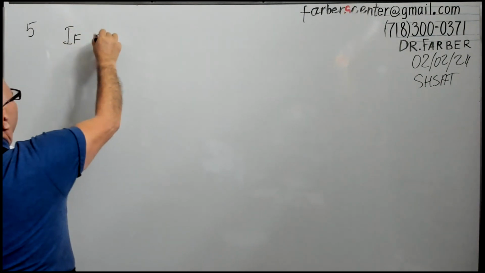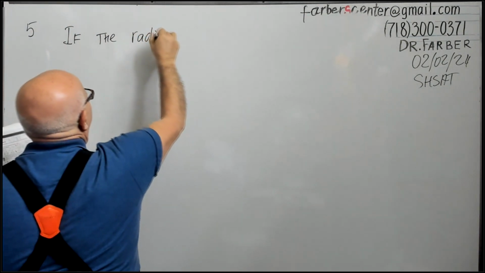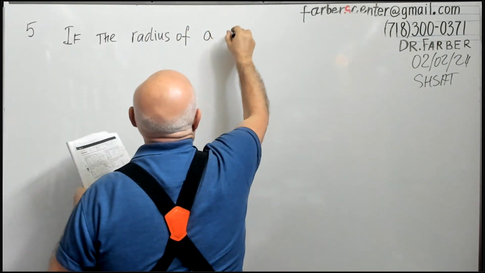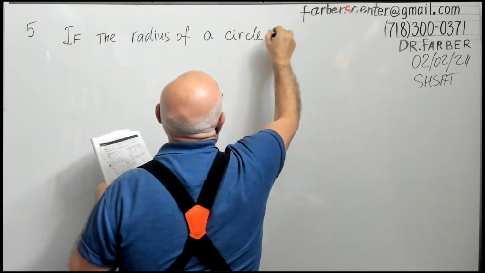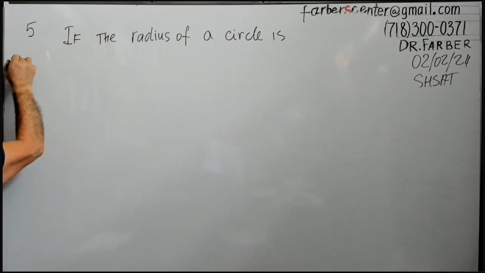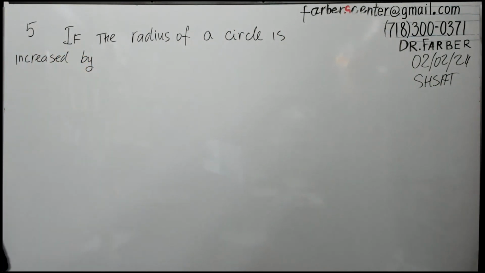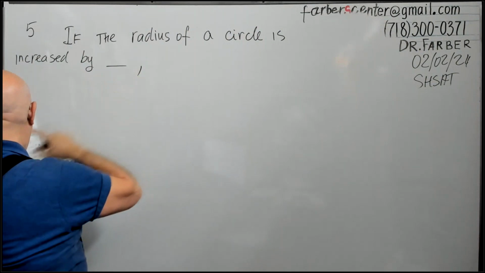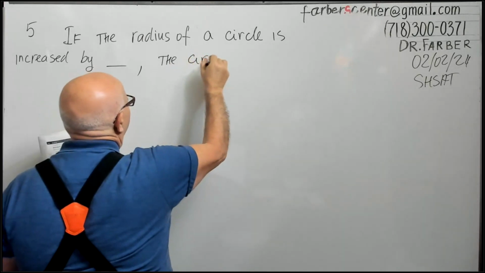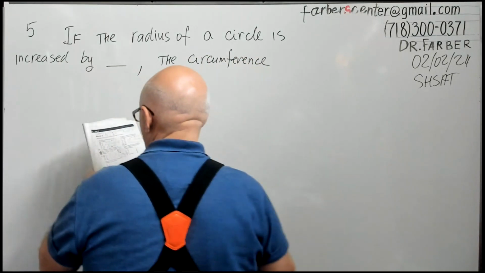If the radius, write it down, of a circle is increased by blank, the circumference is increased by